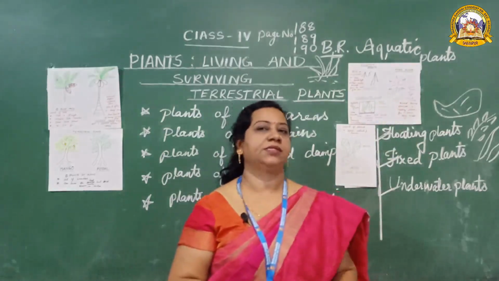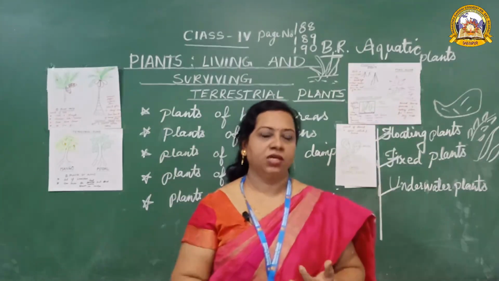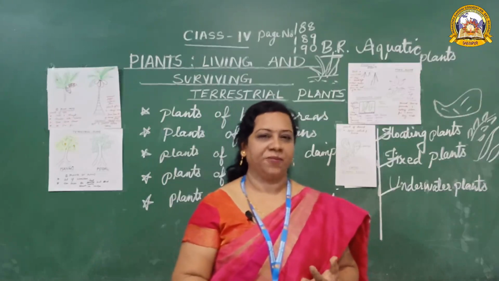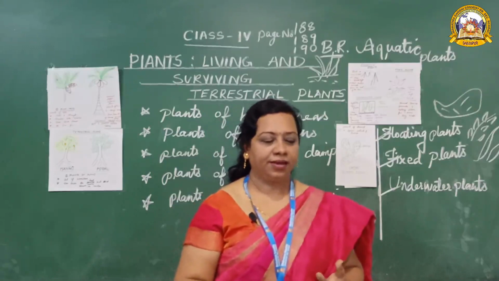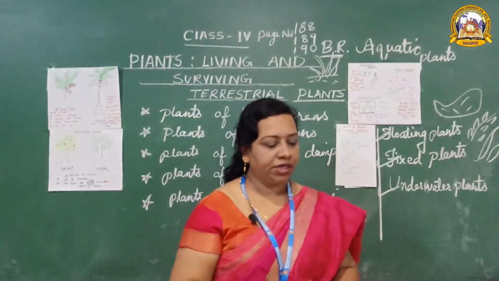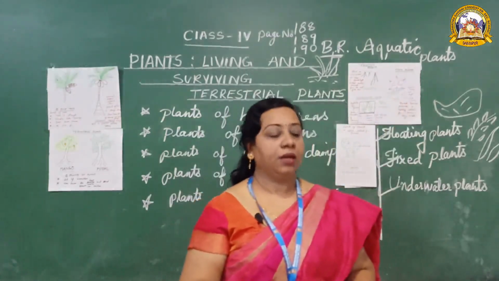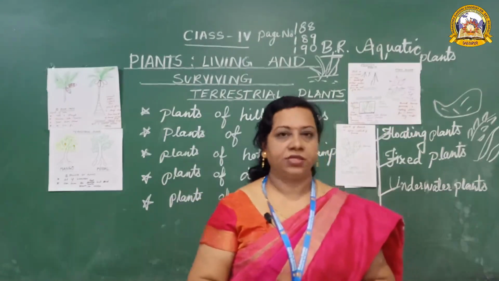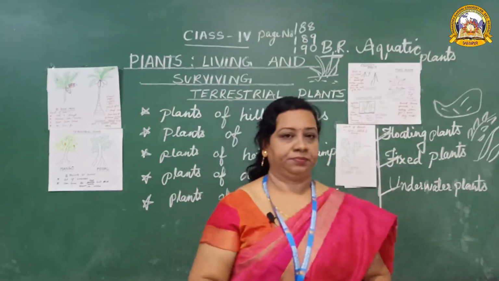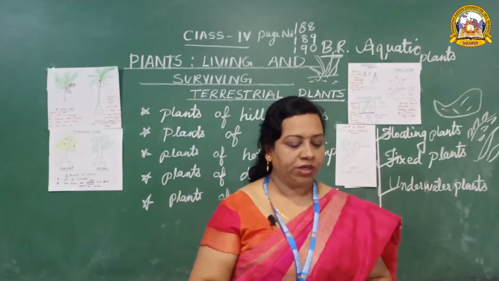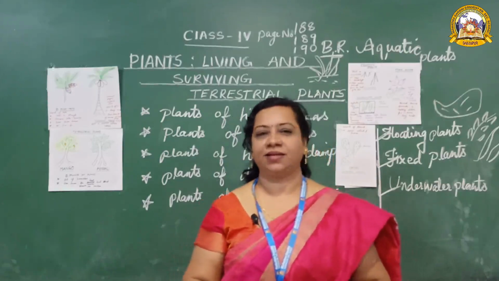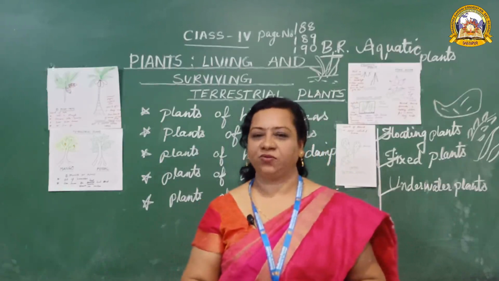How can they adapt themselves? Their stem is very hollow, the stem is very light. Some people make tasty dishes from this stem, and it is known as Kamal Gatta. Have you heard this? Clear? Then they have broad leaves. And yes, one more special point, they have stomata, and the stomata are on the upper side of the leaf. Clear? These broad floating leaves also provide a nesting place for tiny birds. So they help the tiny birds by protecting them from the heat of the sun.